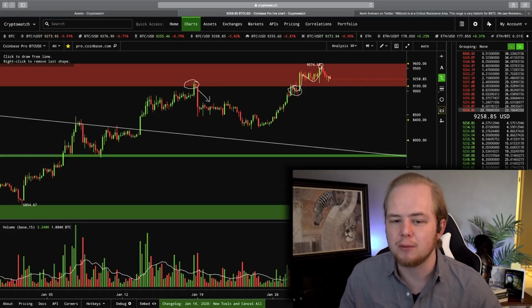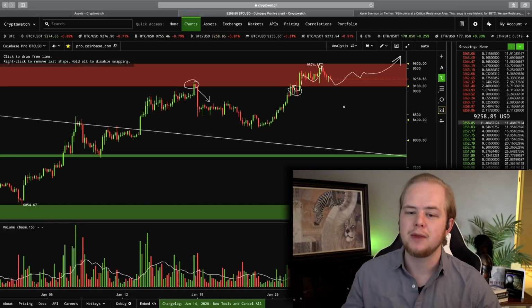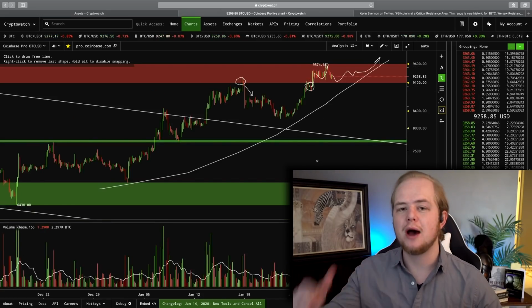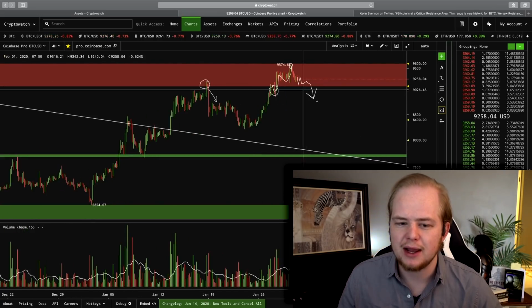So if Bitcoin can remain above 9,100, then the bulls do still have a chance to break above 9,600 and continue the bullish momentum and continue seeing this higher low structure play out to the upside. I do think it's more likely for Bitcoin to see a little bit of downside from here and retest some